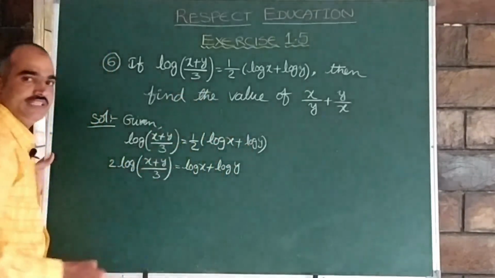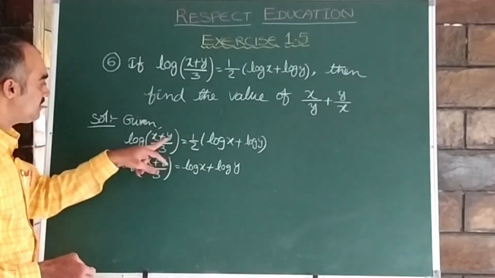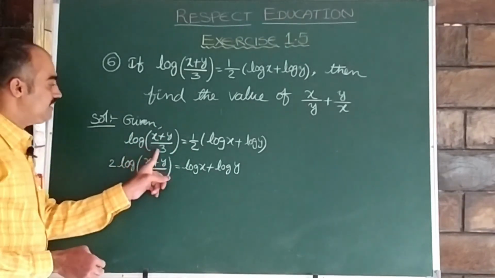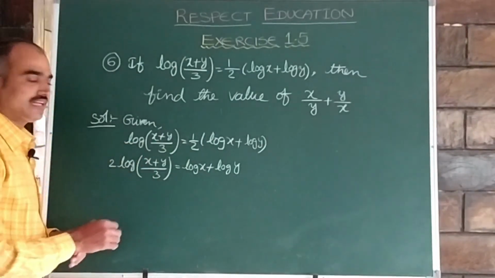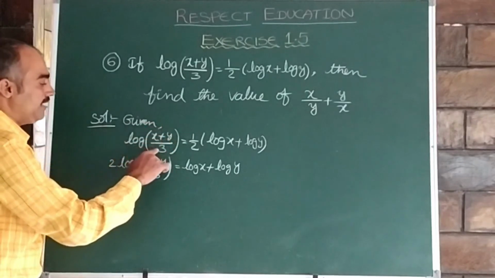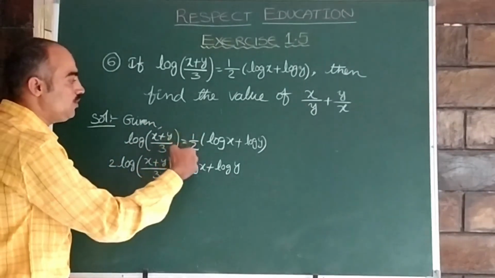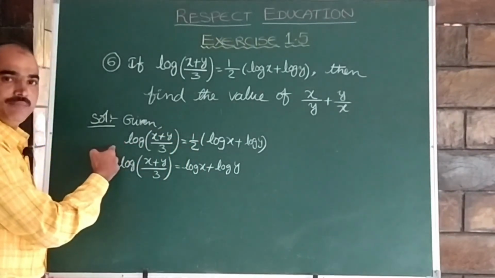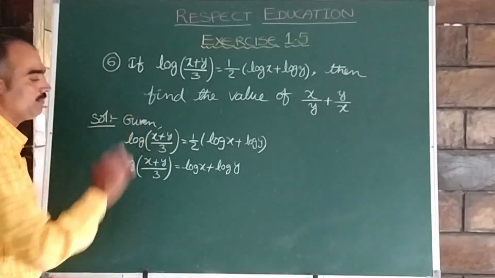Here you may commit a mistake, children. When I say cross multiplication, you will think that with this 2 we can multiply this, then with this 3 also we can multiply this. But here you need to understand one thing, children, this 3 is in the logarithmic function. So directly we cannot take it out for the cross multiplication, whereas this 2 is outside of it. That is the reason this outside number can be multiplied or divided, whereas this 3 should not be disturbed. Keep that in mind, children.